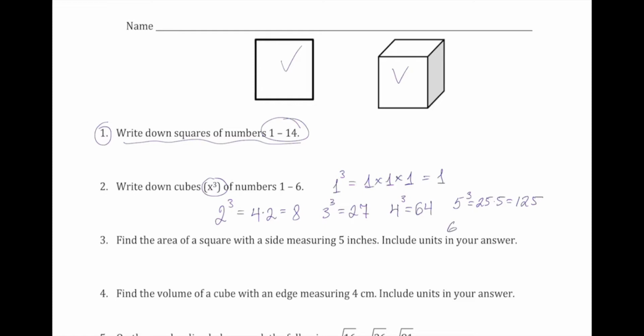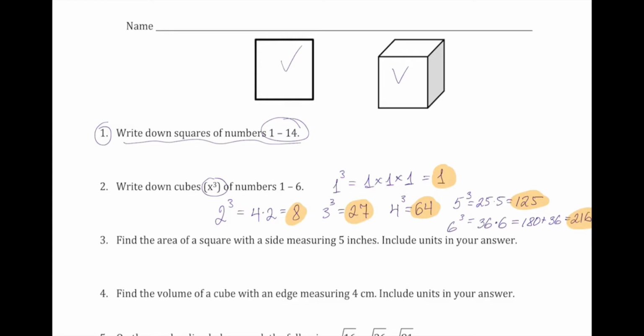And then 6 cubed, remember 6 squared is 36, and one more time times 6. That's 180 plus 36, which is 216. So these are your cubes. And life requires, actually, you remember them. So 1 cubed is 1, 2 cubed is 8, 3 cubed 27, 4 cubed 64, 5 cubed 125, 6 cubed